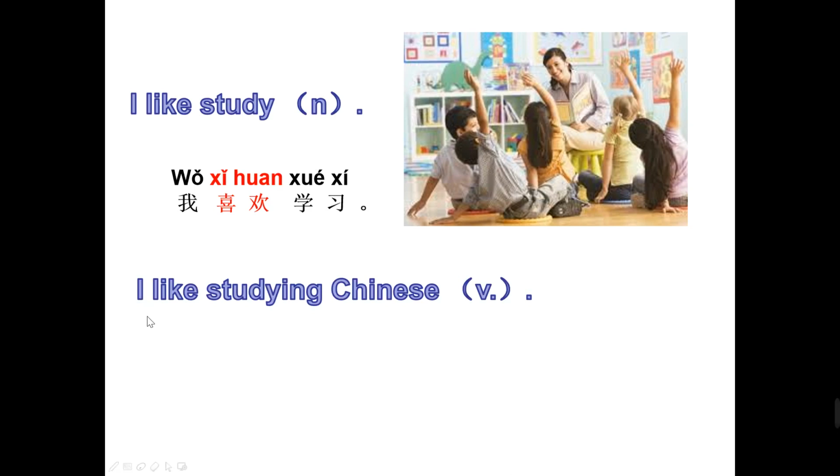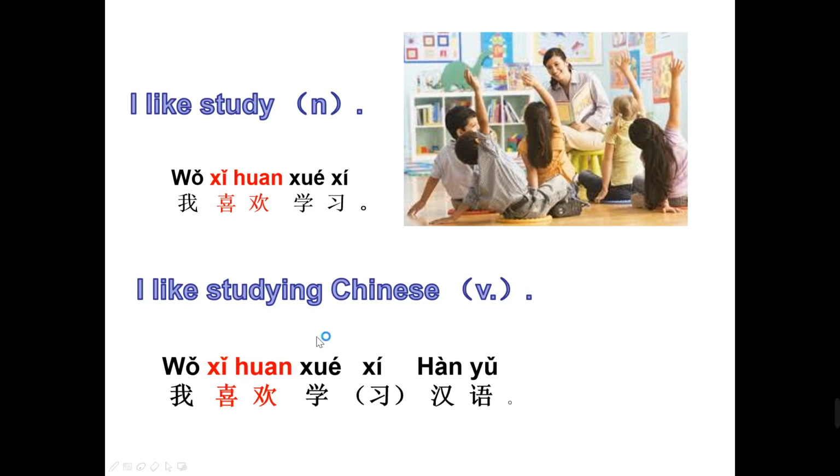Okay, we will analyze I 我喜欢学 Chinese 汉语。So for this sentence, we can say 我喜欢学汉语。Or we can say 我喜欢学习汉语。